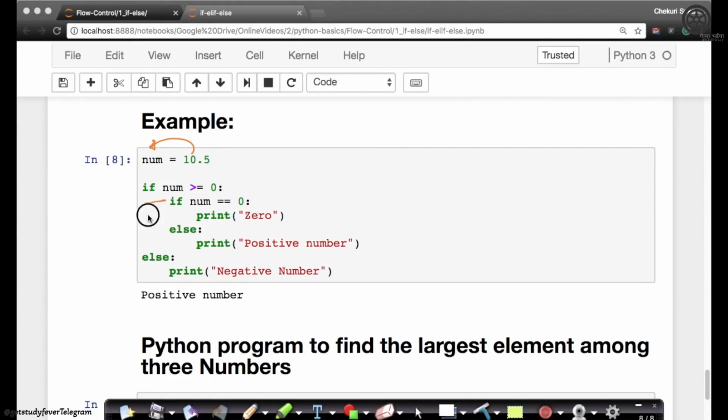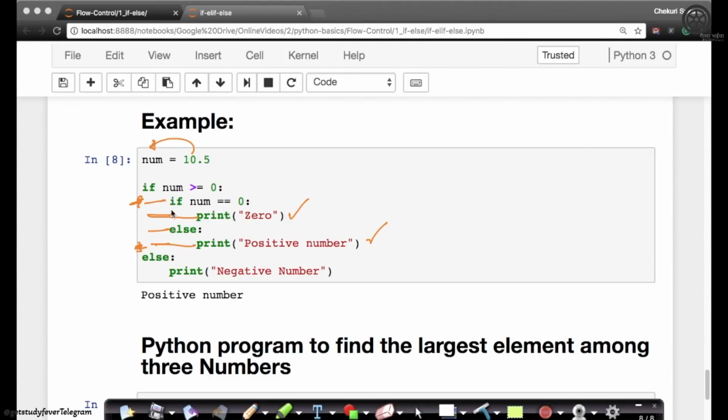Remember, all these lines are indented like this, so this whole thing will be executed because of the indentation. See, this indentation is longer than this. Whenever you have indentation in Python, if you're coming from a C, C++ or Java world, you can think of this as a block which is surrounded by curly braces. Of course, it's not explicitly written in Python. Now, as soon as you come in, it will check if number equals 0. If it is 0, yes, it will print 0. Else, it will print positive number.